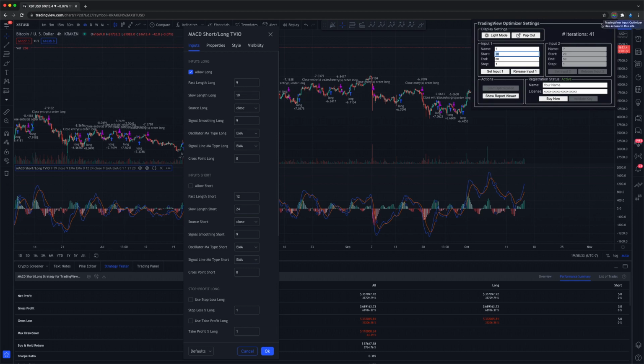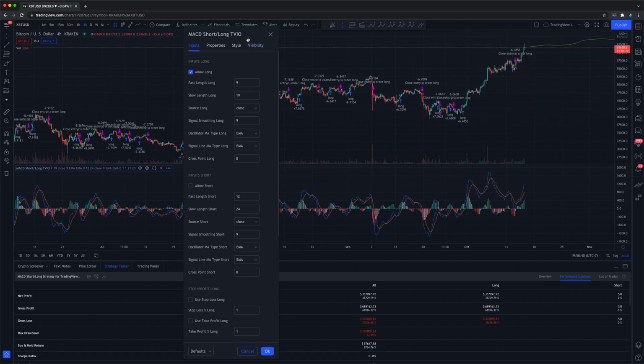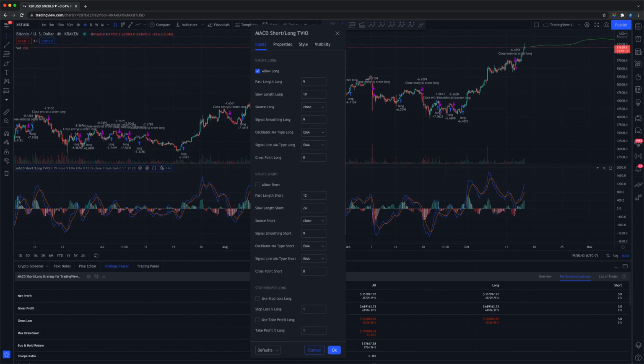So in order to do this, there is a sequence of events that have to happen in order for this optimizer to work properly. First things first, you're going to want to have your settings tab open. The inputs that you want to manipulate, you'll have to click into the field and make sure that the input field turns green. This is how we know the input optimizer is working correctly. If it's not working correctly, this will not show green. Once you've clicked inside there, you'll notice the field itself has a blue border around it too, showing that it's